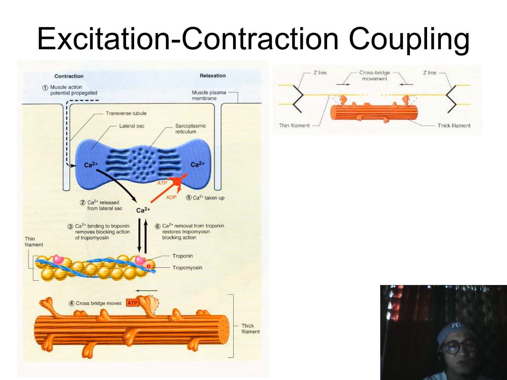Because there is a binding site on troponin of actin filaments for calcium, this calcium binds to the troponin of actin filaments. The binding of calcium to troponin causes the tropomyosin to get displaced at the actin filaments, exposing the binding site of actin for the myosin heads. And with this exposure of the binding site of actin for myosin heads, the presence of ATP along the entire filaments